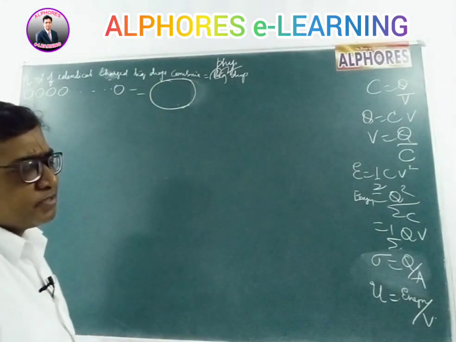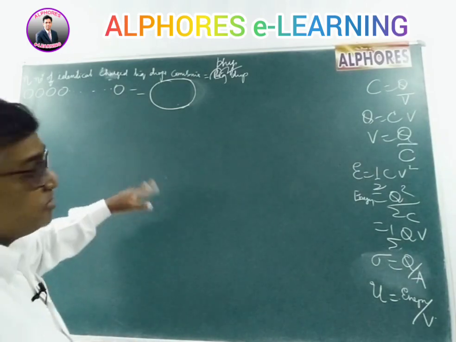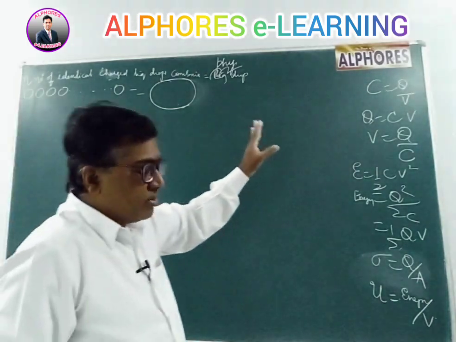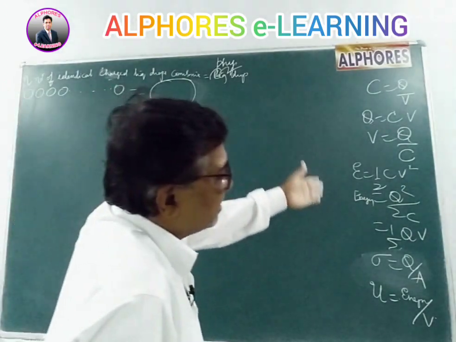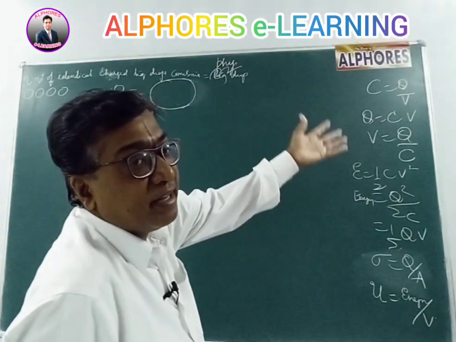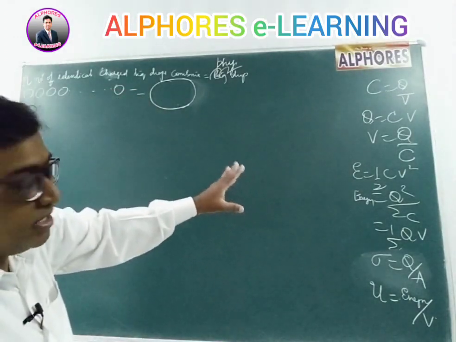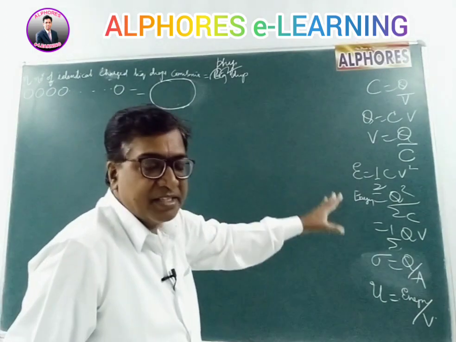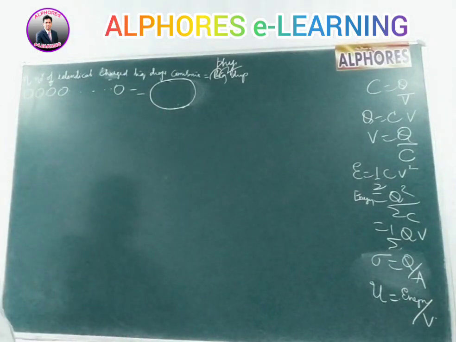A big drop is formed. So if tiny drops combine together to form a big drop, a charged drop, then what are the various parameters we have to compare for the big drop with respect to the small drop? Bigger charge, bigger liquid drop, charge, capacity, potential, energy, all of the big with respect to the small is asked me to find. Look here,